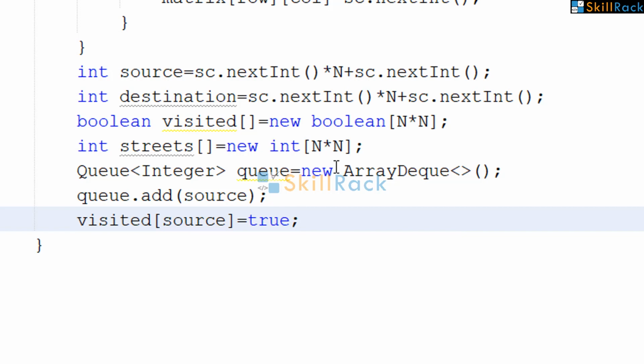Along with that, we have to initialize the street count to 0 for that particular source node, because it is the source node itself. So there is no street to be traveled. So the street count will be 0. But we need not do it, as in Java by default the streets will be initialized to 0 because it is a primitive int. So we need not do it, but if you want to do it explicitly, you can say streets of source is equal to 0.